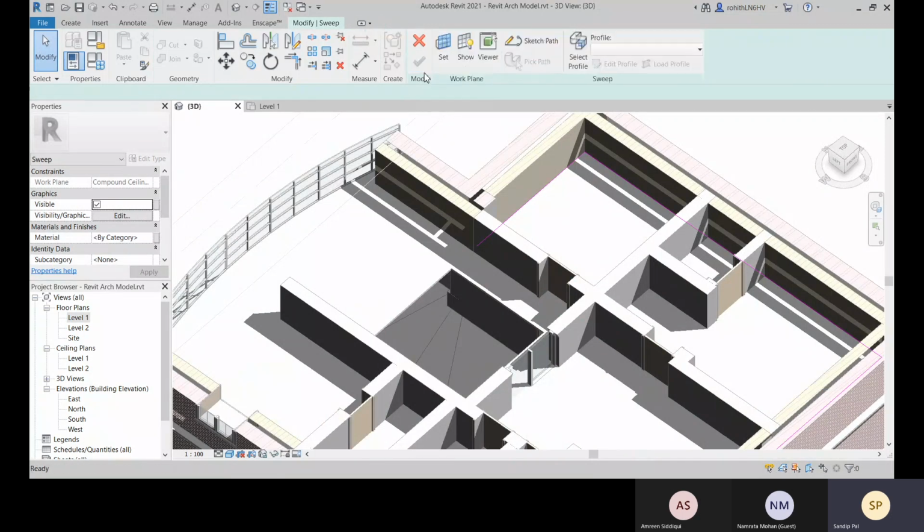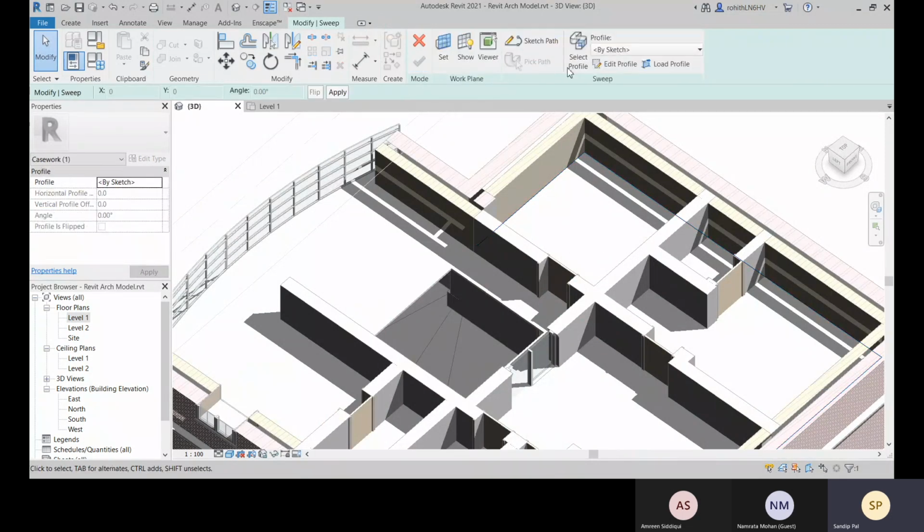So sketch path is done, you finish it. Okay, now you go for your profile.